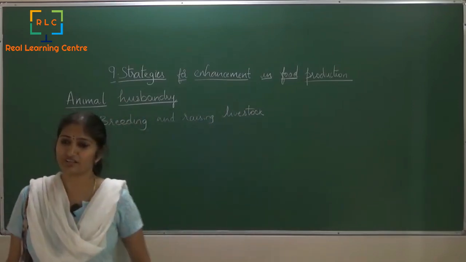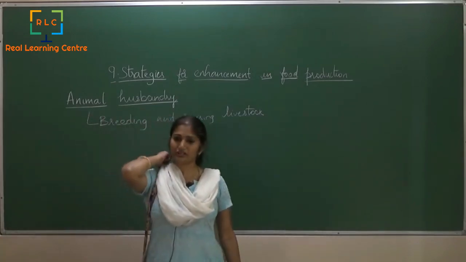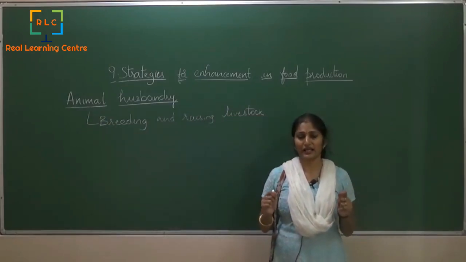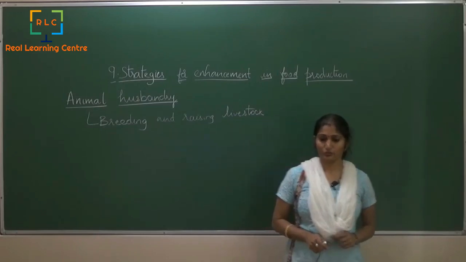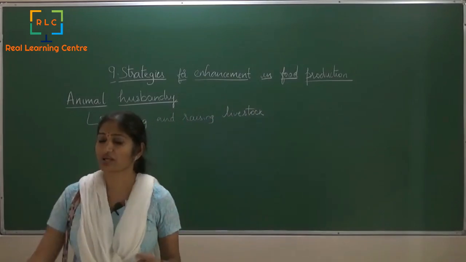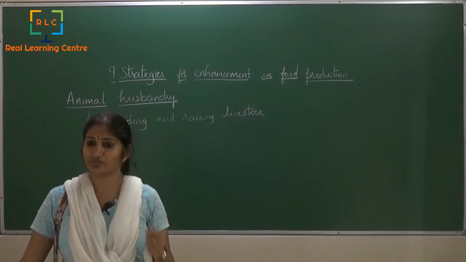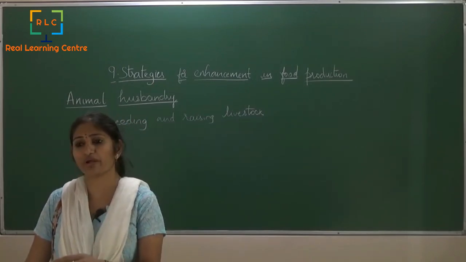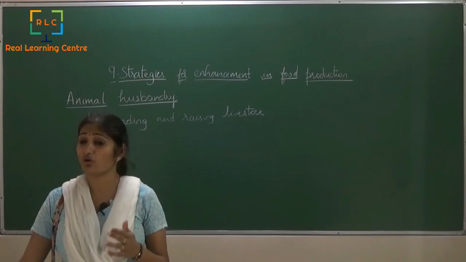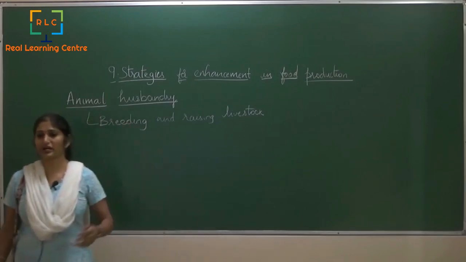Breeding and raising livestock. So what exactly do we mean here? If there are some kind of cattle or fish, birds, or any of such animals, all these animals are very much required by humans because we eat them as food. Now, when we are eating them as food, obviously their number has to be maintained, right? And these animals survive on other animals for food, or they might also survive on grains. They might eat some plants, they might be herbivores or they might be carnivores.